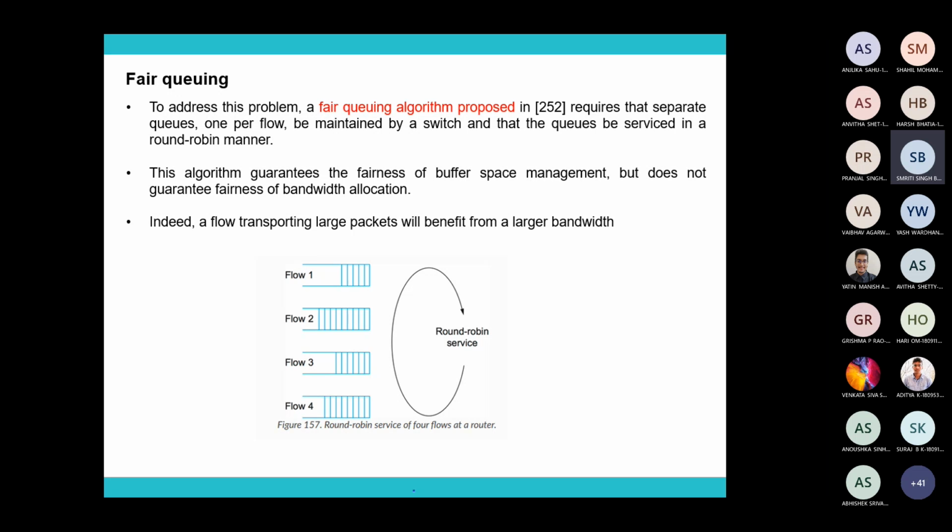So if Q1 is given the highest priority, then whenever any job or task comes with the higher priority, you always pick from the highest priority queue. Now the problem is that whenever the highest priority queue is full and you always pick from that queue only, that will affect the tasks of the other queues also. So instead of that, one more proposal is called fair queuing.